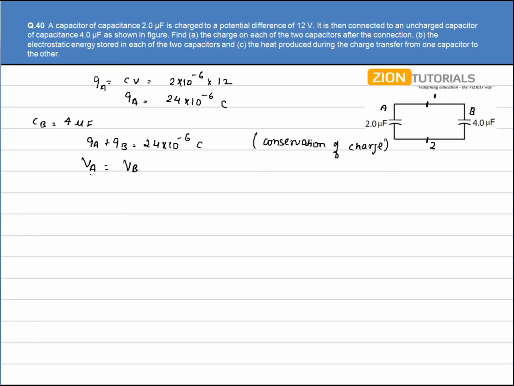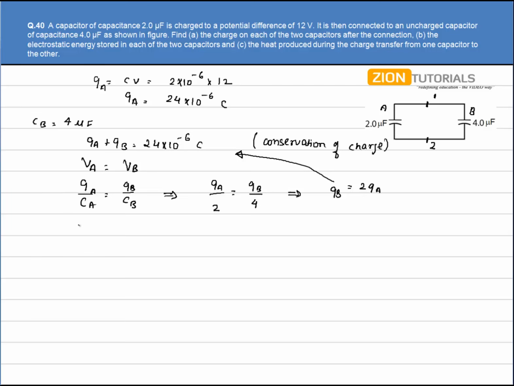So Q is equal to CV, V is equal to Q by C. Using the formula I can write VA as QA by CA, which equals QB by CB. On substituting I get QA divided by 2 is equal to QB by 4. That gives me the relation QB as 2 times QA. Now substituting this equation in this, I get